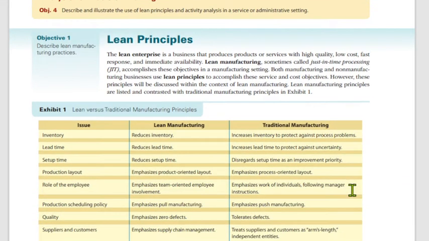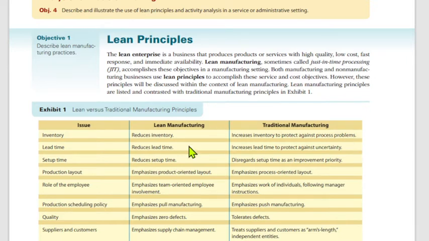So we have to identify lean manufacturing versus traditional manufacturing as exhibited in this tabulation. We know kapag lean manufacturing, there is reduced inventory, while in traditional manufacturing, may increased inventory to protect against process problems. Kasi sa traditional, ayaw natin na mahinto yung processes, kaya normally nag-stock up ng inventory sa warehouse, and that entails storage and warehousing costs, and then the cost of the warehouse staff.